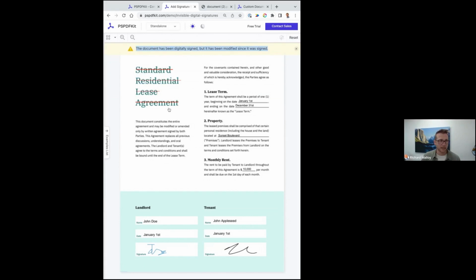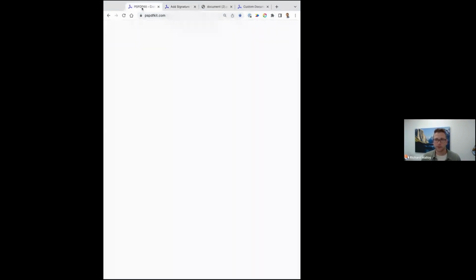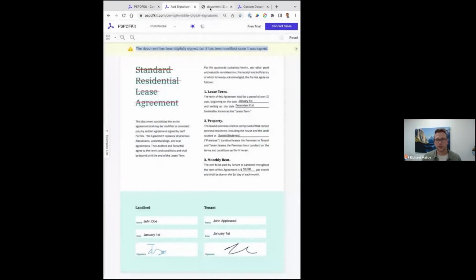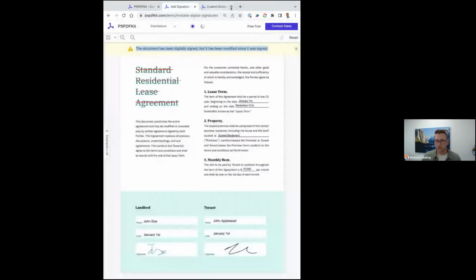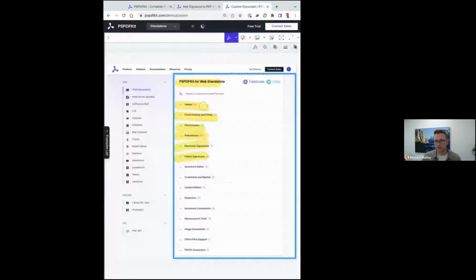So if you have anyone editing the document, then you have the ability to control that. The document should be no longer valid. So very cool feature, growing in popularity for sure, as more and more companies and e-signature solutions are adopting digital signatures. Okay. So that was a large portion of the core functionality that we've licensed for several years. We'll get into some of the niche things that we see with